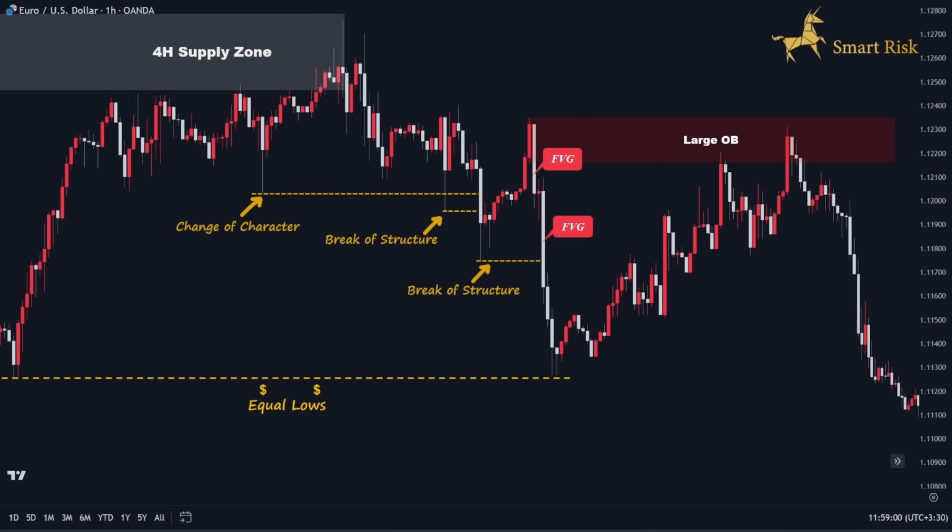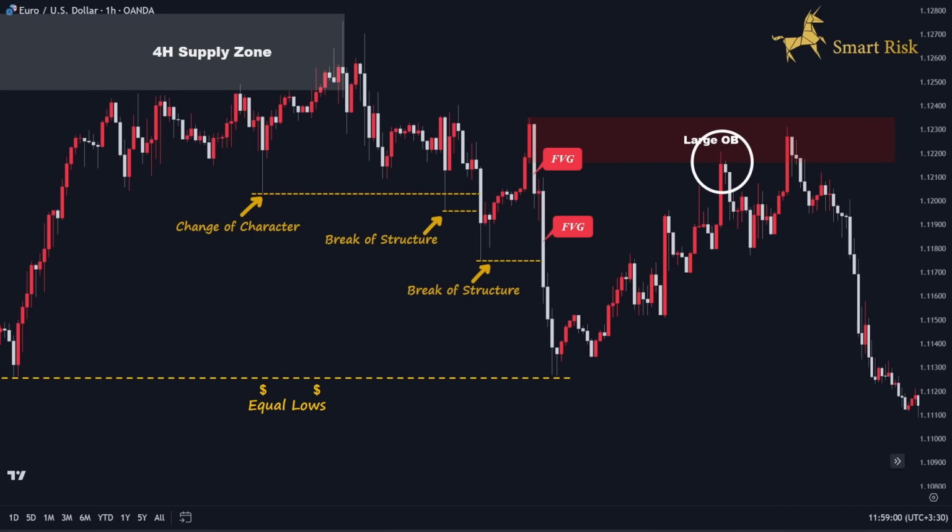It continued this downward momentum, breaking through multiple structures, confirming a shift in its direction, with supplies now in control of the market. Until it reached this low point, where it faced resistance, reversed, and established equal lows, forming a notable sell-side liquidity. Later on, the price reversed its direction, pushing upward. Although it mitigated the order block, it couldn't fully mitigate the majority of it.